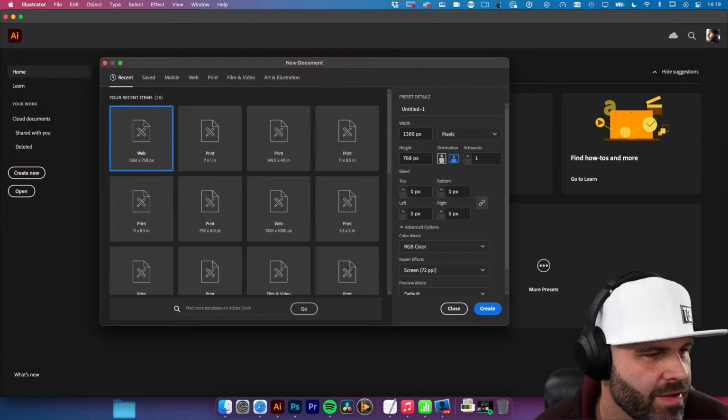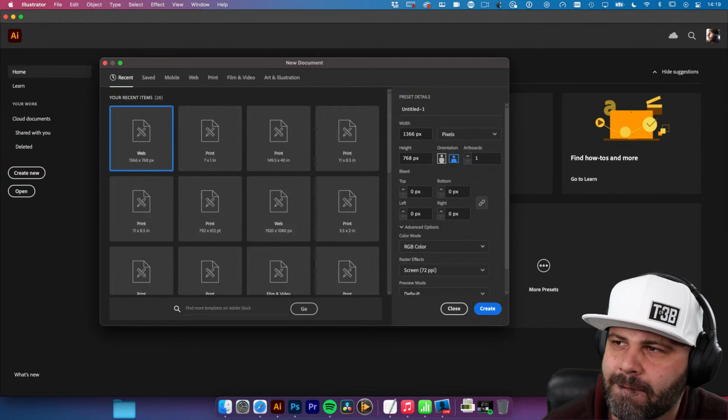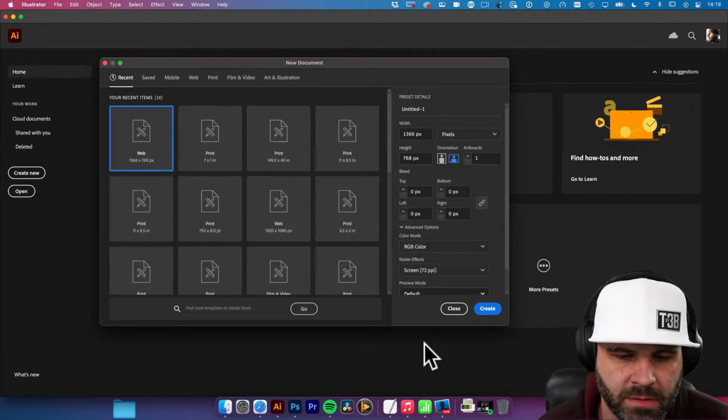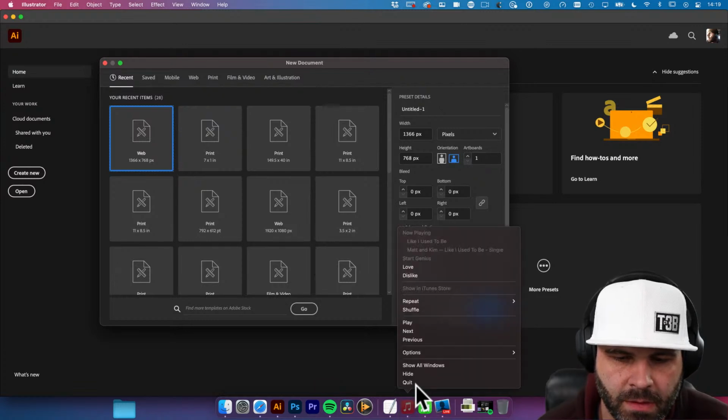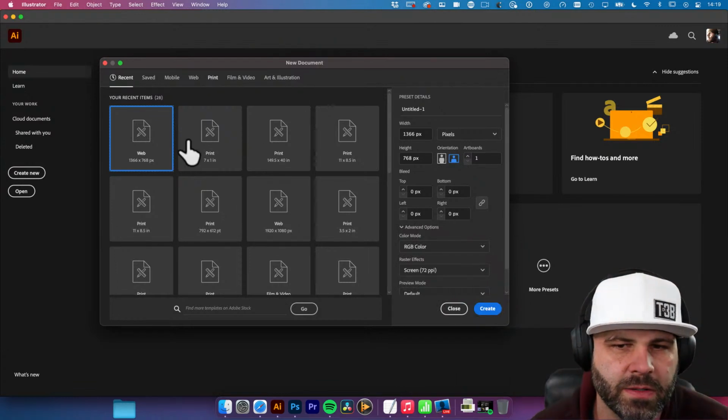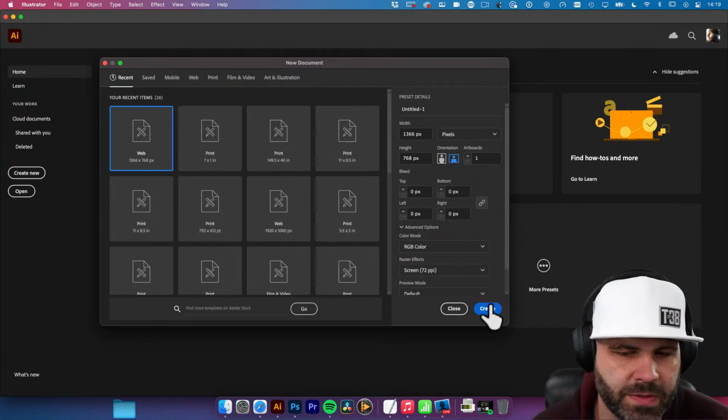And it seems like my feed is getting a little choppy. Hopefully it's hanging on strong. Let's quit stuff that we don't need to have open. All right, so if I make a new document here in Illustrator,